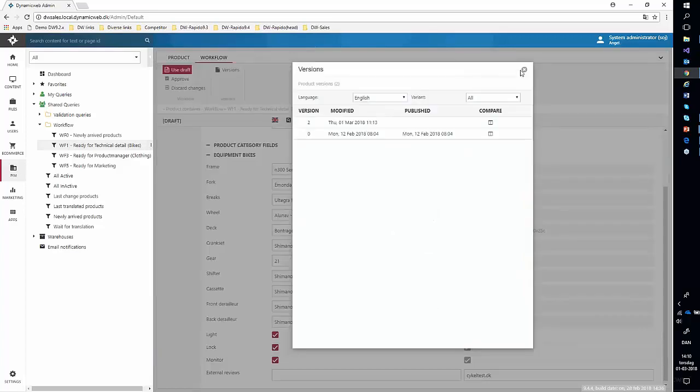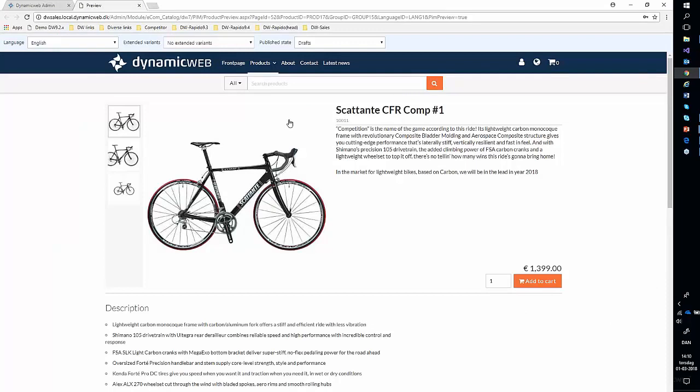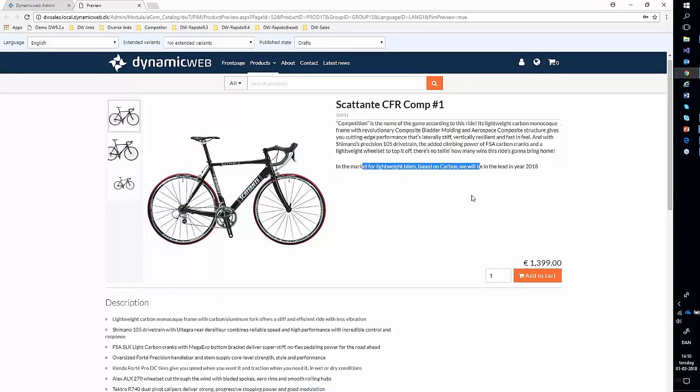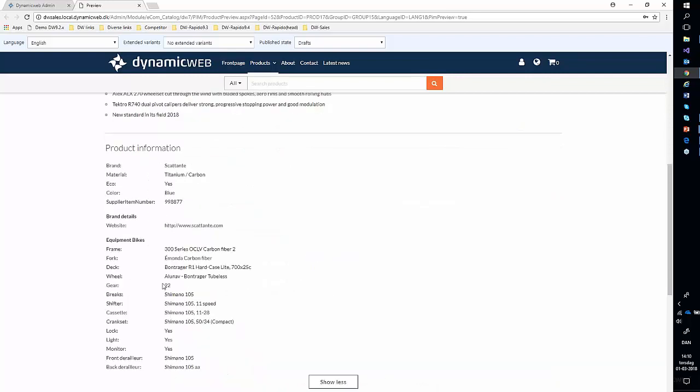Now, if I just go back and say I want to see the preview of this product at the moment, I can just say preview. And as you remember, in the previous version of PIM, you can make a live preview within the PIM system. Now, there have been changes here, because I can now say that I want to see the preview of my draft version of the product. So in the draft version, you can see I have added this line,